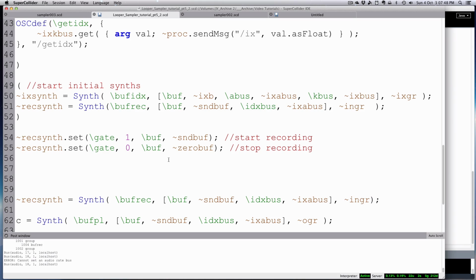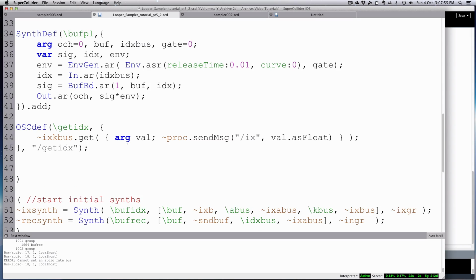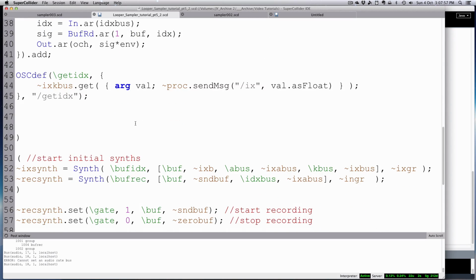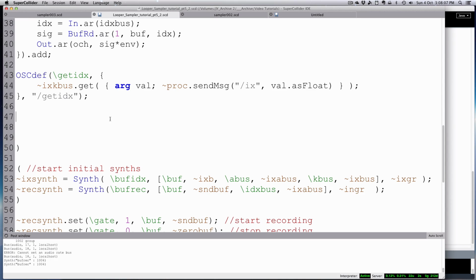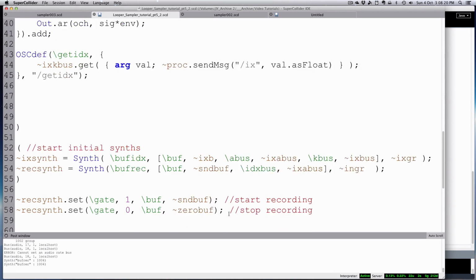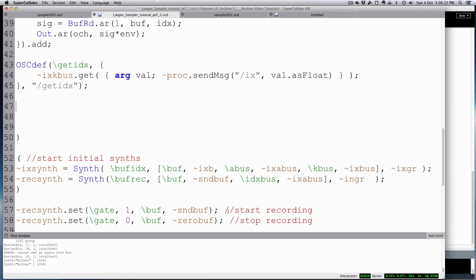So the next step now is to set up a message that will actually do these things. All right. So we'll use our OSCdef, and then we can remote control it. So within SuperCollider, we can just Command-Return and it'll start it and then it'll stop it. But if we want to remote control it, say from Processing, we have to have an OSCdef, a listener that's going to listen for a certain message and then execute a certain command, right? Which is one of these. So that's why it's important to work out what command we want to execute before we